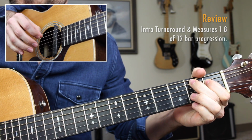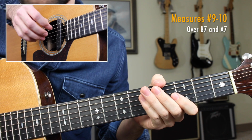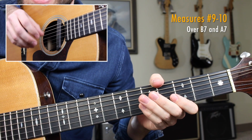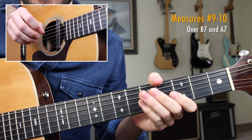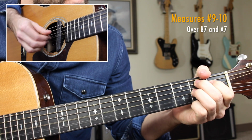Alright, now we're ready for line number 3 of the 12 bar, the B7 to A7 change. Okay, now tackling measures number 9 and 10, a measure of B7 and a measure of A7. If you're following along in your tab, this is the 3rd line of tablature for your 12 bar section. It's going to sound like this. Real slow. 1, 2, 3, 4, and...